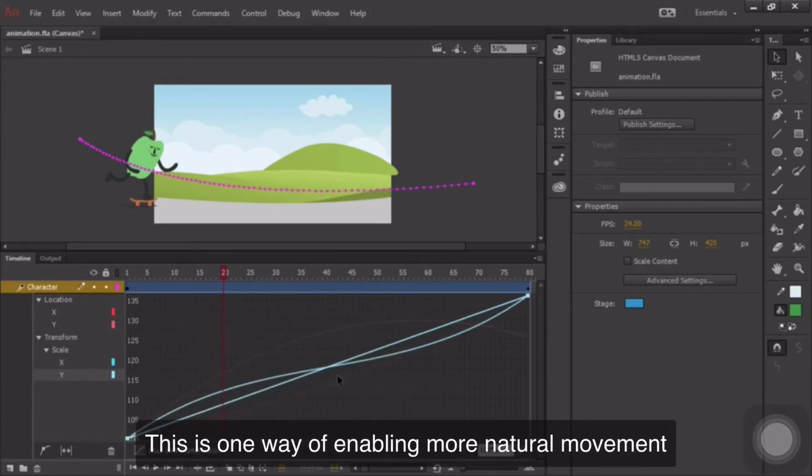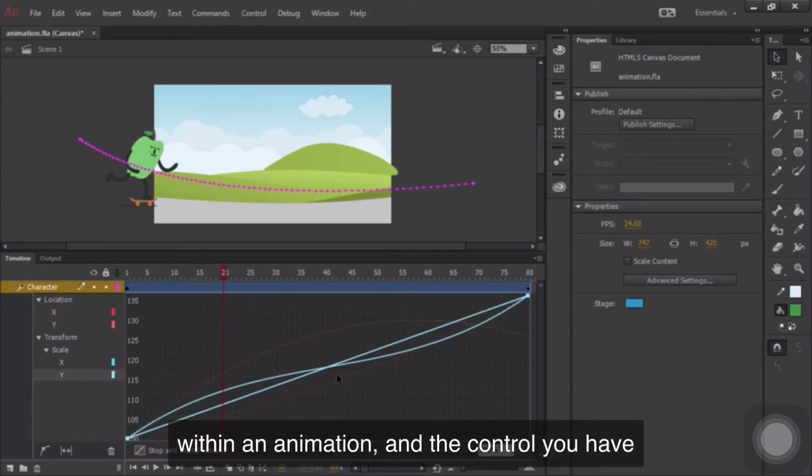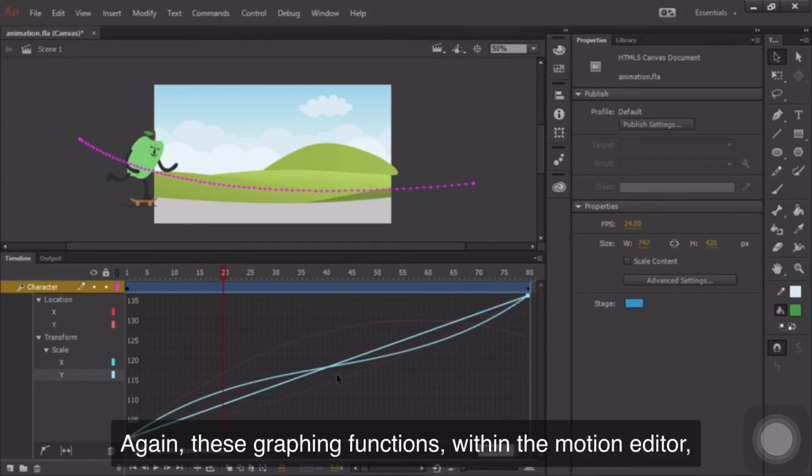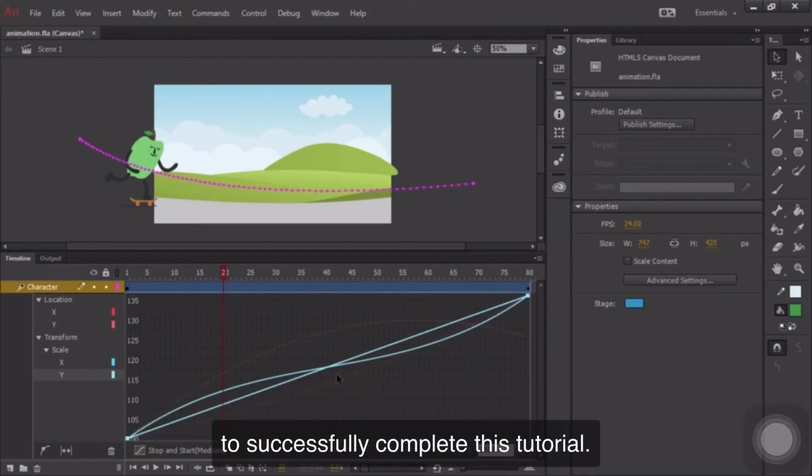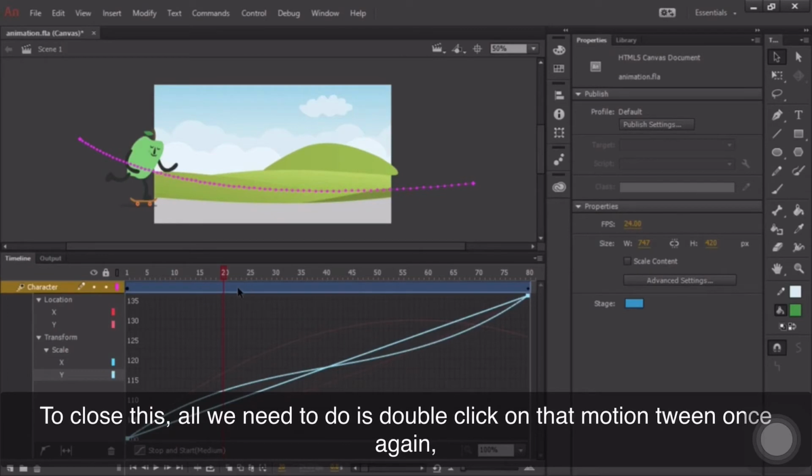This is one way of enabling more natural movement within an animation, and the control you have over each individual property is vast. Again, these graphing functions within the motion editor are there for you if you want to play. However, you don't have to modify any of this stuff or even touch the motion editor to successfully complete this tutorial. To close this, all we need to do is double-click on that motion tween once again, and it collapses